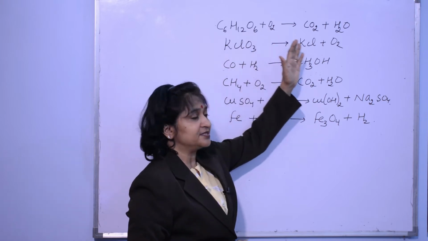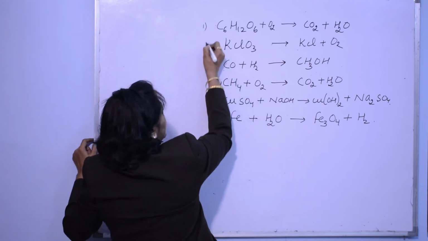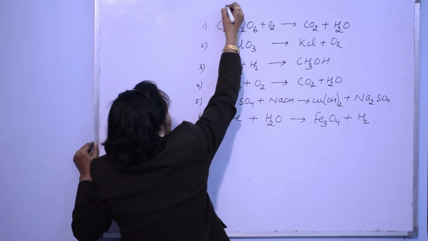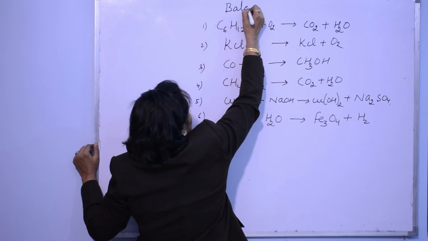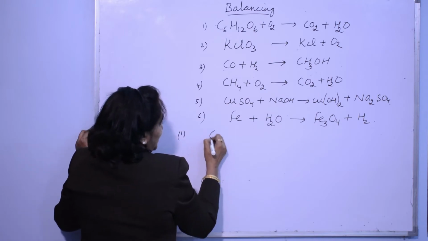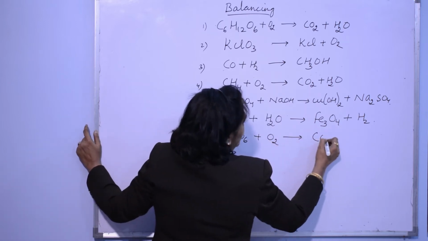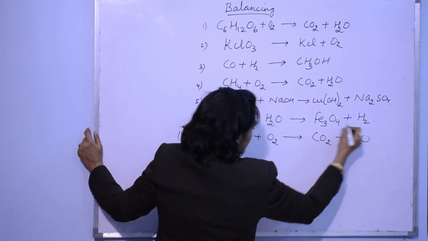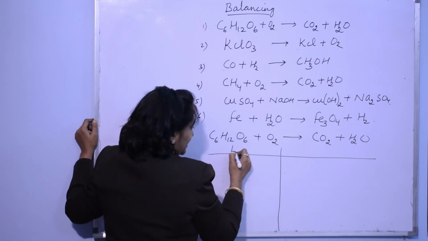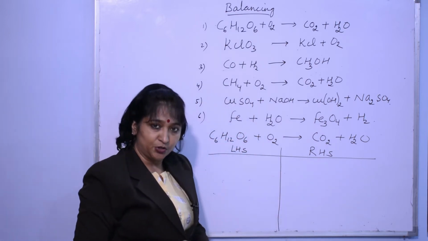Whenever a reaction is written, after writing the reaction, I am writing the first reaction here below. So this part is dealing with balancing the chemical reaction. So for balancing, first thing, write the reaction properly in your copy. With me, you can write down in your copy so that you understand. Next thing that you are going to do is, there will be left hand side as well as right hand side. These two things you will mark.